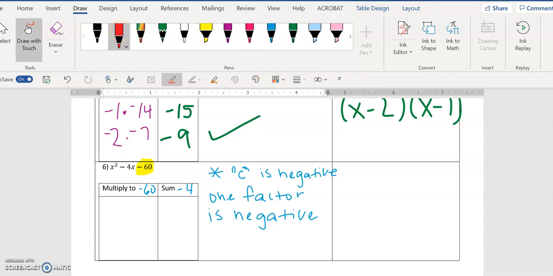We need to figure out what multiplies to negative 60 and adds to negative 4. So we have negative 1 times 60, negative 2 times 30, negative 4 times 15, negative 6 times 10, and 12 and 5. Negative 5 times